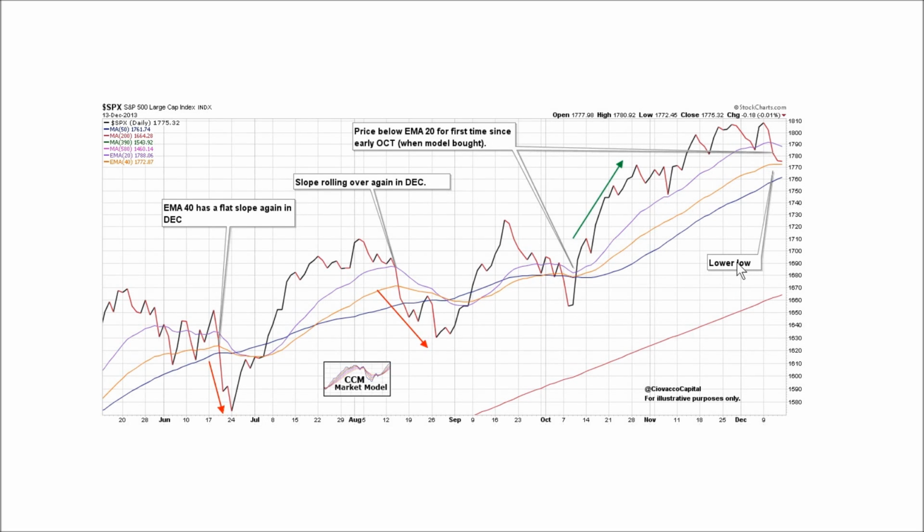The lower low we just talked about. We just talked about the slope rolling over. Here's an example of the slope rolling over. Bad things happened after. Here you get a negative slope. Bad things are happening. This moving average here is also used in the model. You can see when it flattens out here, the probability of bad things happening increases. Flattening out, probability of bad things happening. And as of Friday's close, it's flat. We'll adjust either way based upon what happens next week.